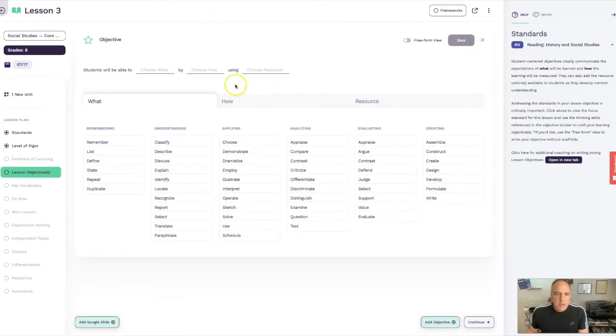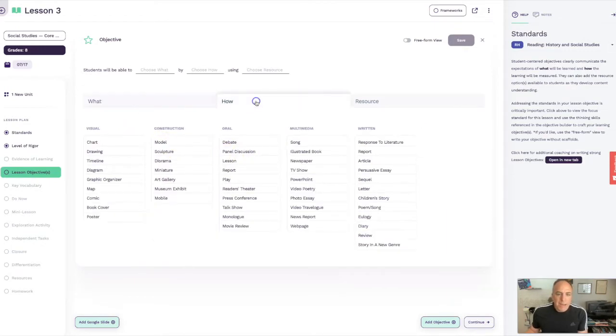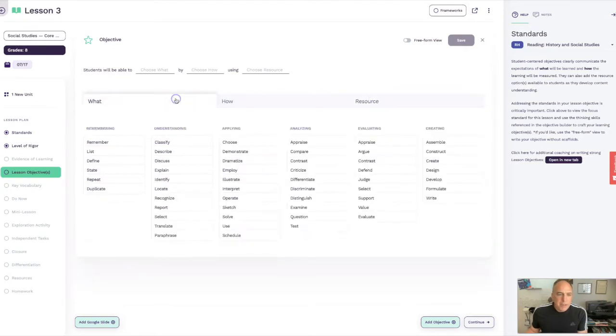In Mosaic, you'll see right away when you get to the lesson objectives that you have the option tabs of what, how, and resource. Now, these are interactive options that if you click will go into the space. There obviously will need to be some clarification along the way. This is just getting you to understand where we can use starting words and real good action verbs for